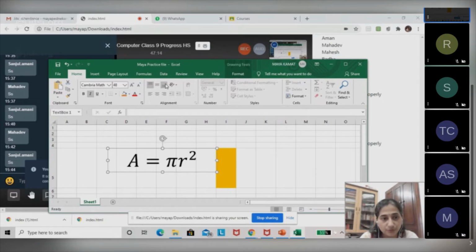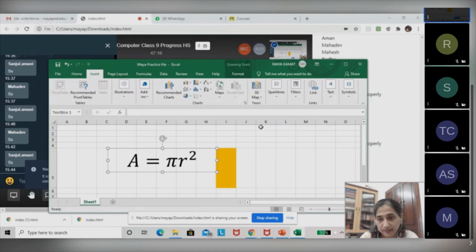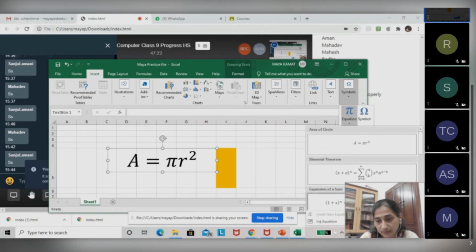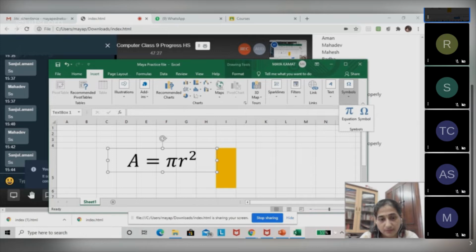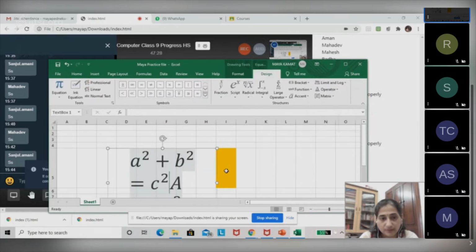If I don't want this formula, I want another formula, I'll have to insert again and change the equation from the first one to a new equation. Is this seen by you all? Yes, teacher.